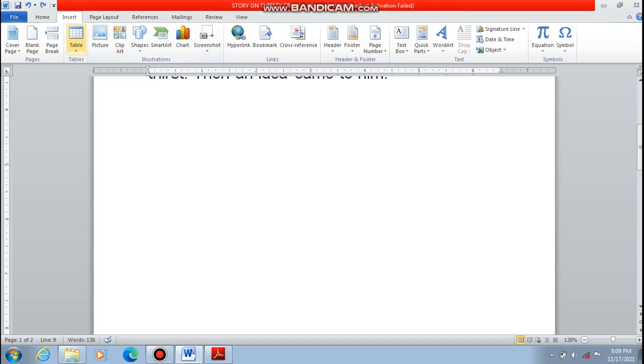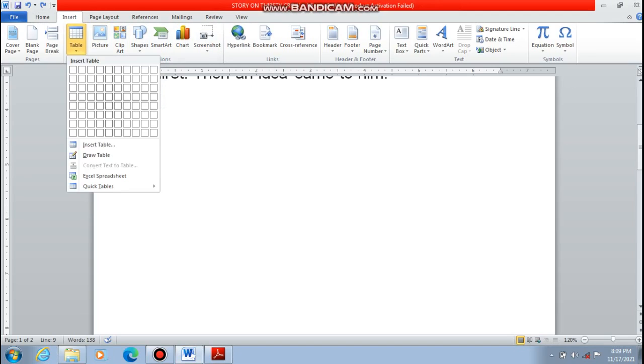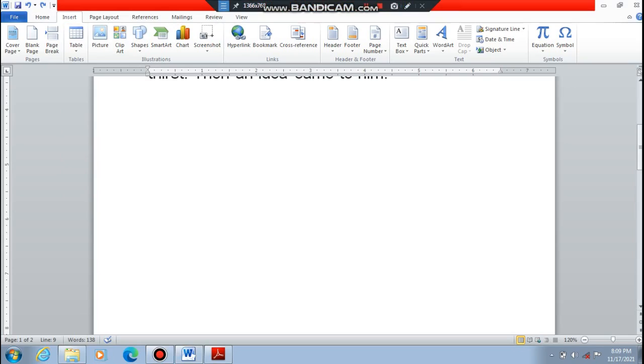Now click on table. After clicking the table you will see the option of insert table. From here you can easily add the number of rows and columns you want.